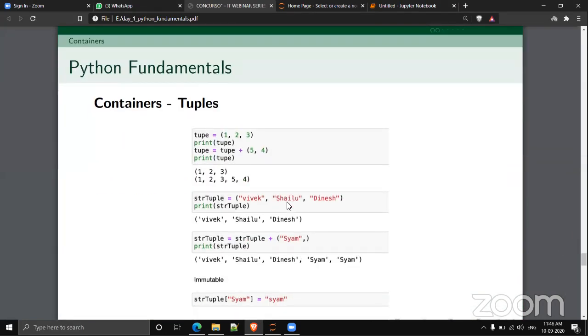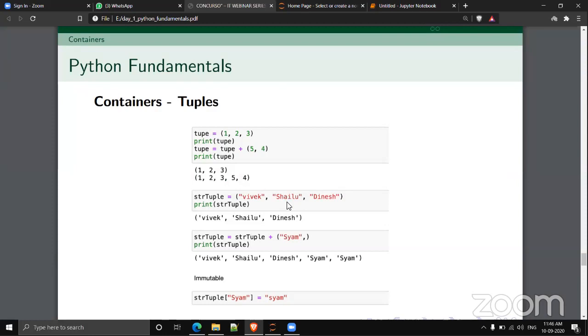So this is another type of container, which is called a tuple. This container is less flexible than a list, and very similar, but more similar to a list. We don't have many provisions, so we cannot perform many operations with this tuple. Generally we use a tuple to represent a set of values as a single entity.